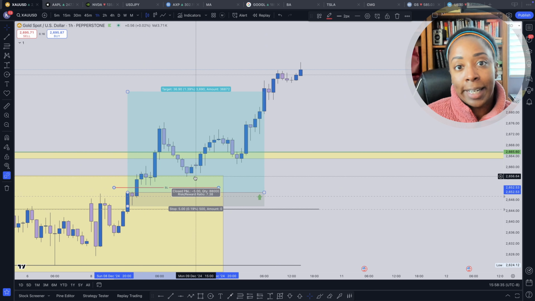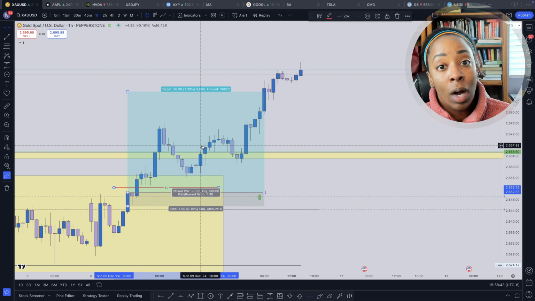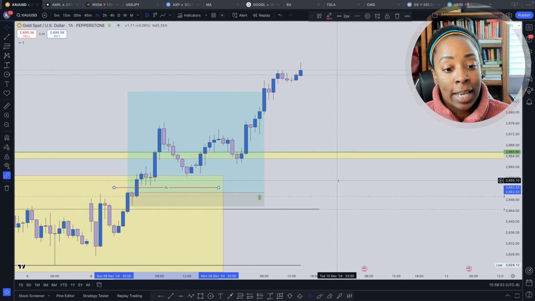And then basically everything above this line is going to be good. It means that there's no reason for me to get outside of my trade. And then also for those of you who are a little bit afraid of staying in the trade because you're afraid that it's going to reverse, or you're afraid that you're going to lose money on the trade,